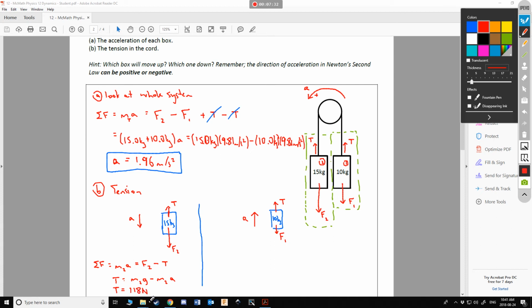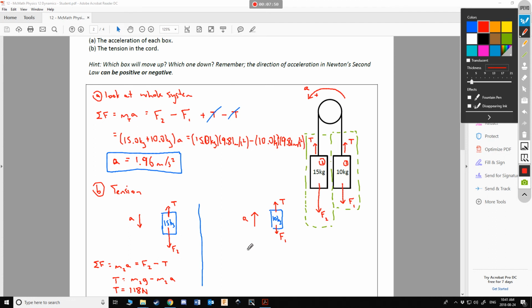And this is important because if you're ever designing something that must rise or fall, you need to find out what forces will be exerted on the inside pieces, because you don't want things to fail or break. If you use too weak of a rope and don't realize what force is going to be exerted on that rope,